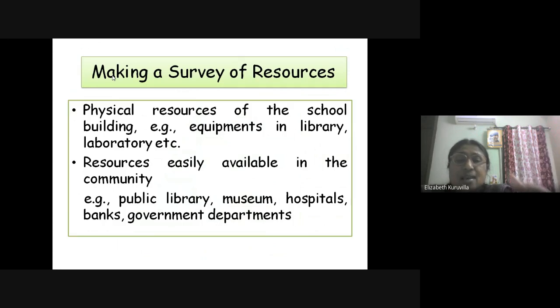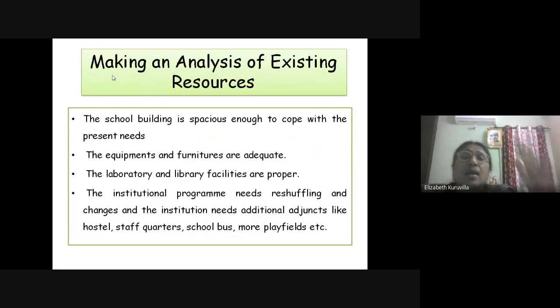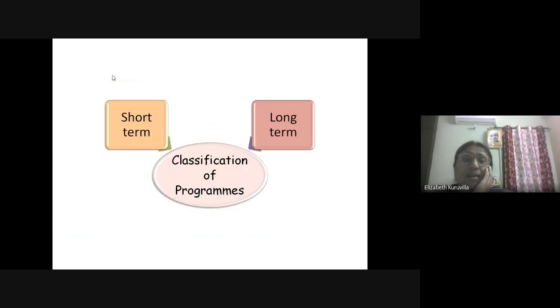We can see the physical resources of the school and the resources that are available from the community. Then we have discussed making an analysis of existing resources, so that various points come to our mind about the building space, the equipment and furniture, whether they are adequate, the laboratory and library facilities, then the institutional program, how we are handling them.